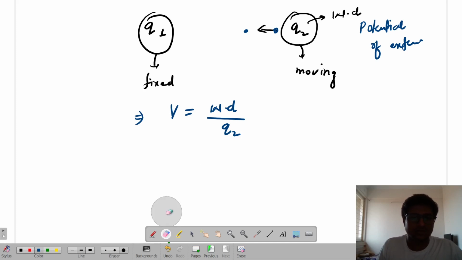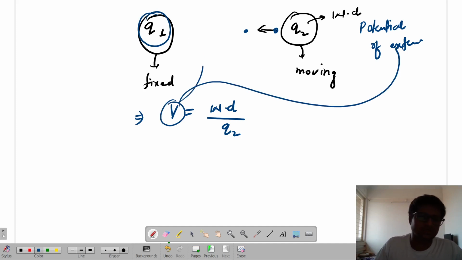Now, what is that thing? Potential, this work done and this Q2. Leave the thing about Q2. Think of the work done. If Q1 becomes stronger and stronger and stronger, the work done will be more and more or not. So this potential also, which is actually related for external agency, is also related for Q1, isn't it? अभी बात समझ में आई? So potential is like the ability to do work. Are you able to get me?